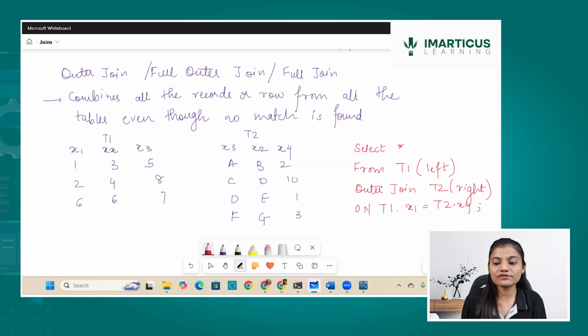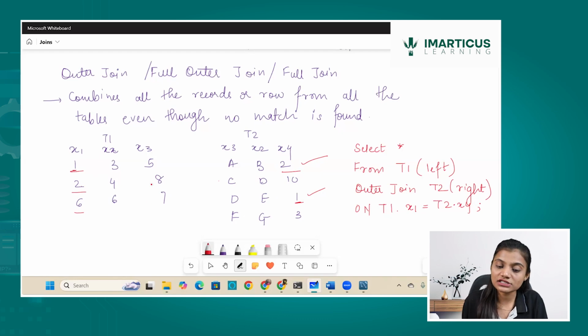When I write this, what happens? It will go to the left table and right table, and check x1 and x4. Is 1 found here? Yes, so this record will be in the entry. Is 2 found? Yes, it will be in the entry. Is 6 found? It's there in table 1, my left table, but it's not there in table 2.